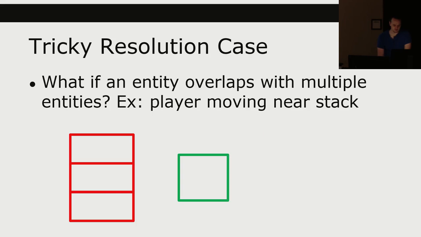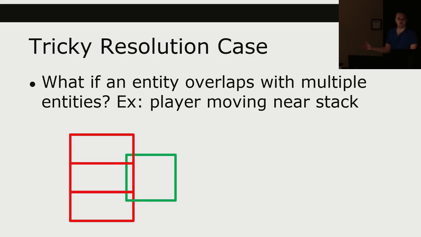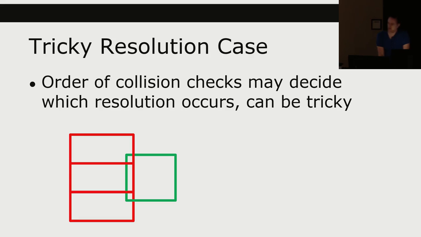What if an entity is going to overlap with multiple entities? So if we have a wall made out of tiles, what do we do now, right? Well, it turns out that if we follow what I was just saying, then this will properly push it out to the side, right? But the order of collision checks is now going to matter, right? So if we collide with the top brick first versus the bottom brick first, maybe we would have a different outcome. Turns out that all of these are being collided from the right, so we would have the same